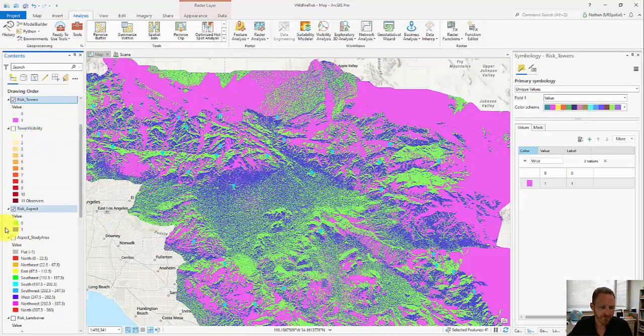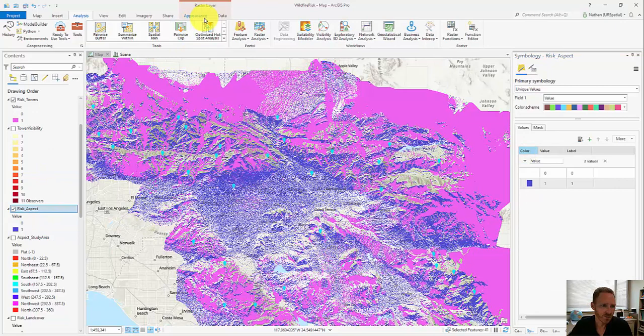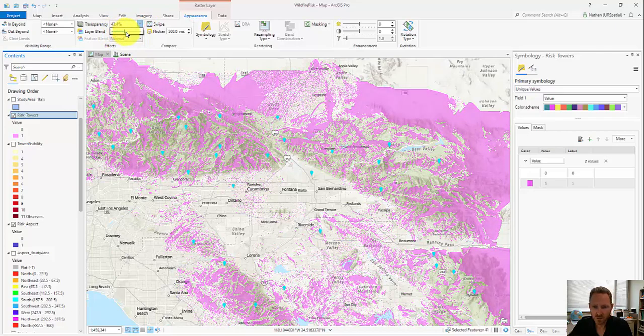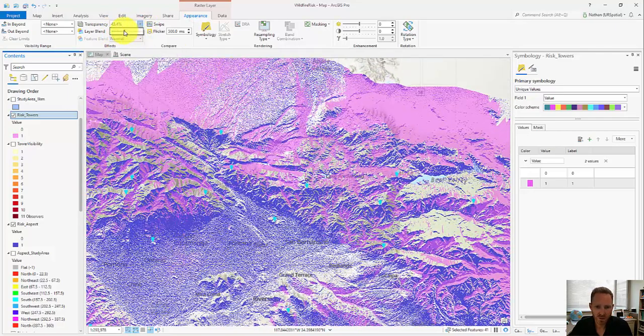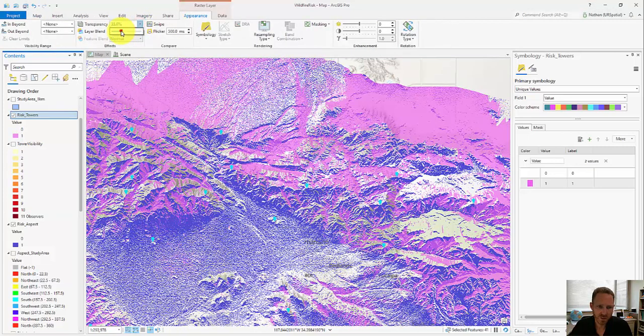Let me turn off that one too, and start using that transparency slider. We should start to see where those two overlap, right? So that would just be looking at 2 different variables at a time. Next, we'll combine